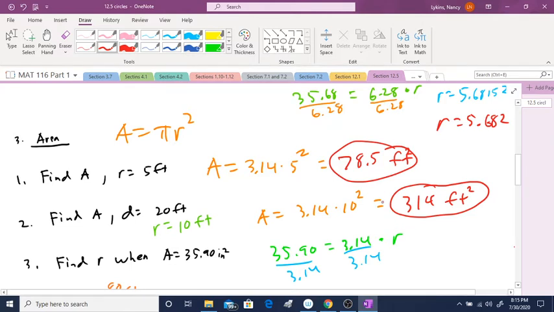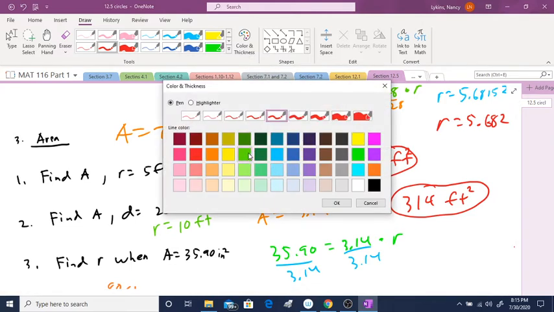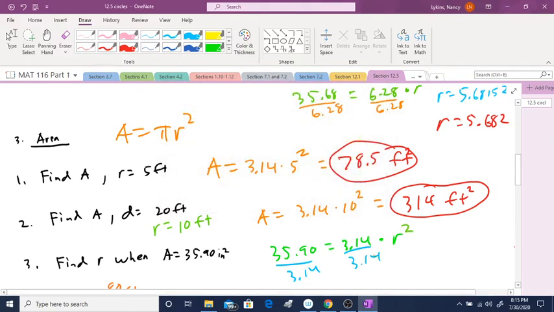That should be, okay, this should be, I forgot the R squared. It should be R squared. I must have skipped over that. So then this